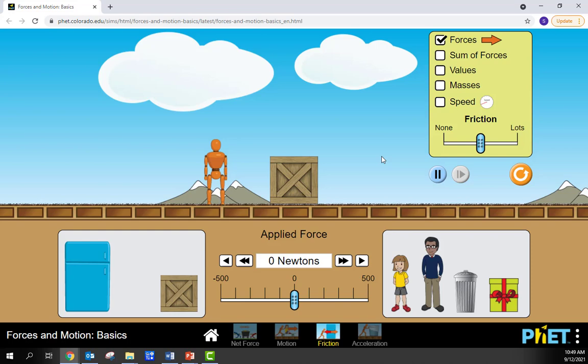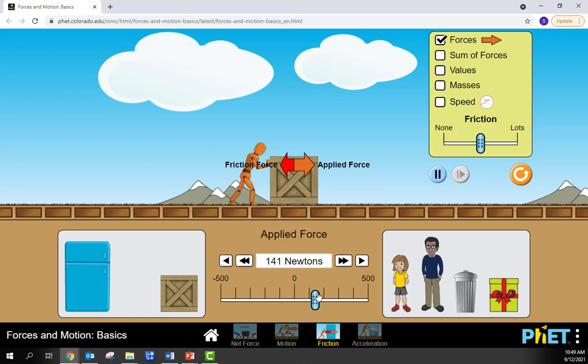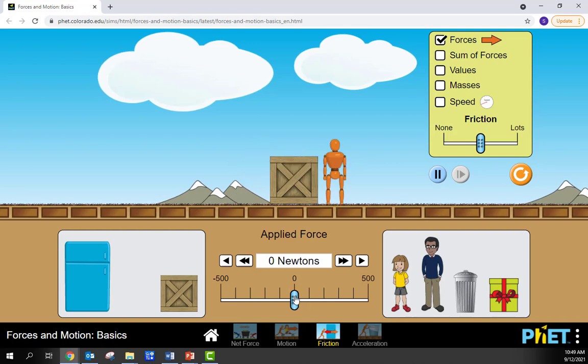So what do we have? We have a person, we have a box, and we're told how much friction we have using this up here. What we see is that if we apply a small force, the block or box doesn't move. We can keep applying that force, and it gets bigger and bigger, until the block does start moving. So now we have to apply it in the other direction. It gets bigger and bigger,